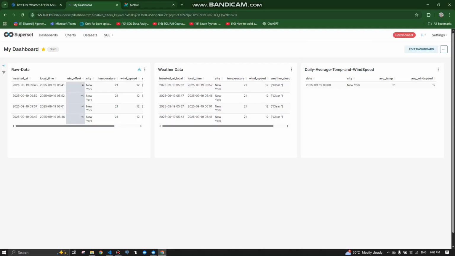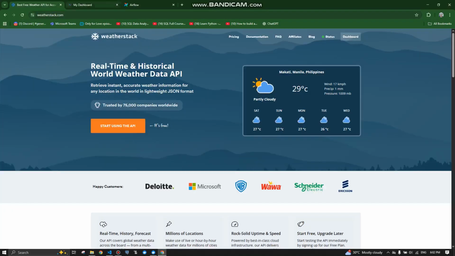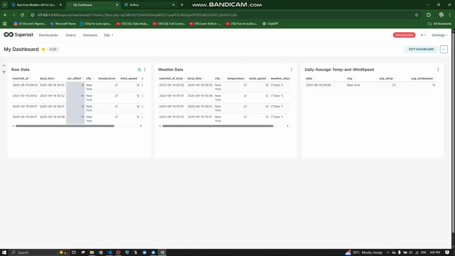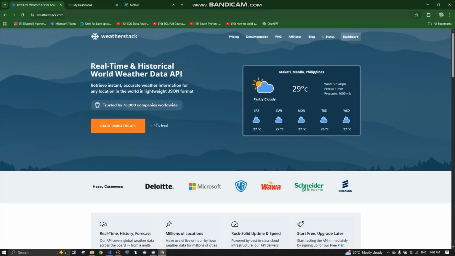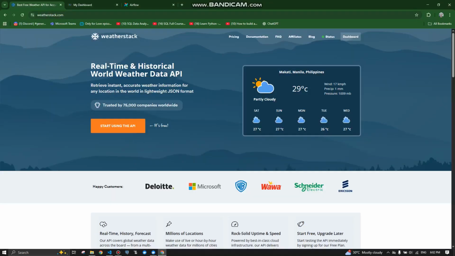So the process of the project that I made is, I used Airflow to manage the automation. Every 5 minutes Airflow fetches the data from WeatherStack, because weatherstack.com gives data every 5 minutes.